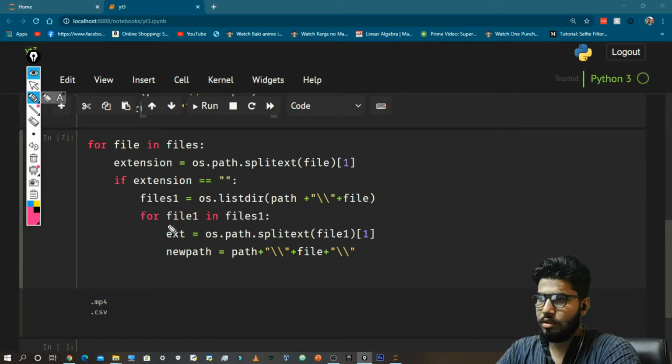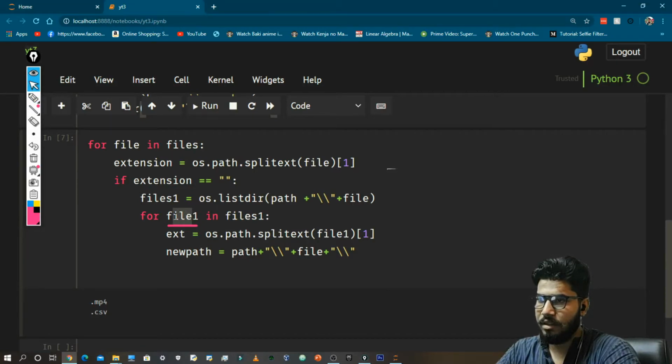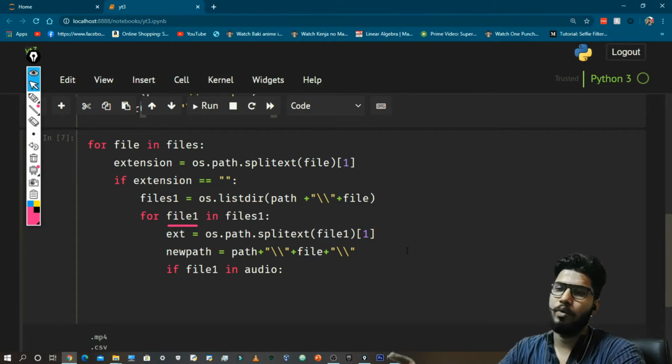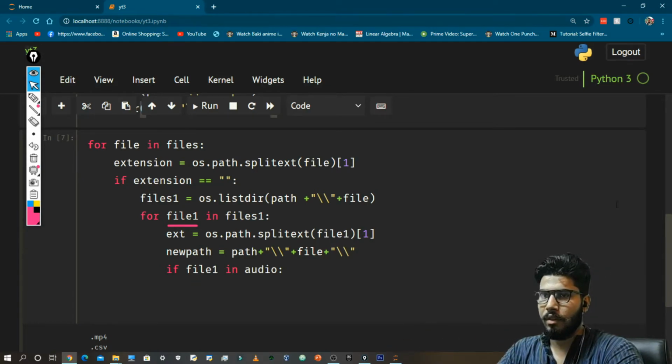So it is going to go through all the files, and we will check the extension of each file. For file1 we are checking the extension. Now the extension is extracted into this variable. Now what I am going to do is, if the file1 extension is in audio, I am going to move the file.